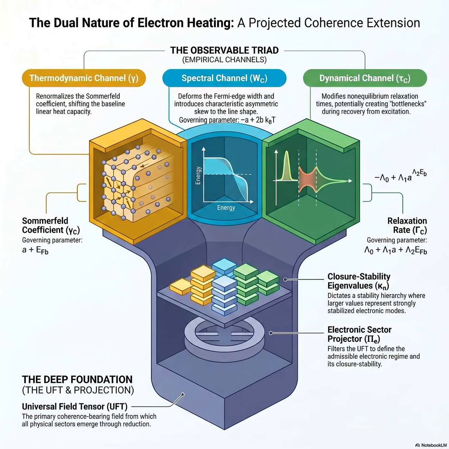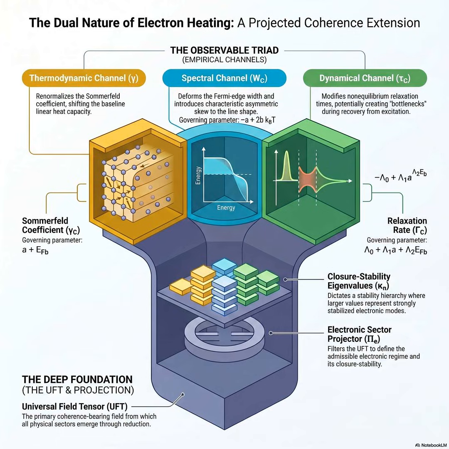A stabilizing weight. So in the standard model, the density of states is basically just an inventory system, right? It just counts how many available states exist at any given energy level. Right, it's just a head count. But Lillian is saying, sure, count the states, but then you have to multiply that count by this new underlying coherence factor, this chi. That is the perfect way to frame it. The standard model asks, is the spot empty? Lillian asks, is the spot empty, and how structurally sound is it?